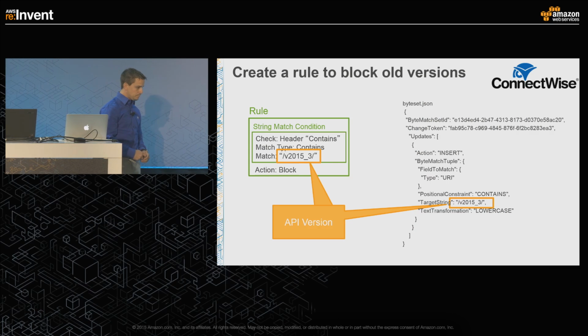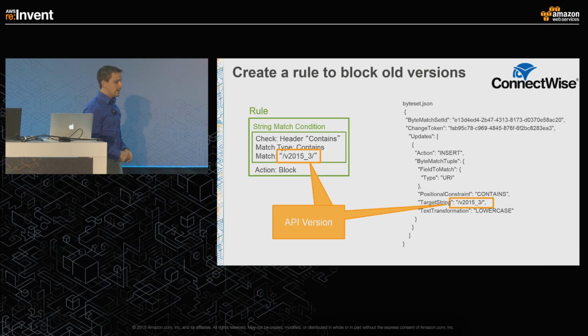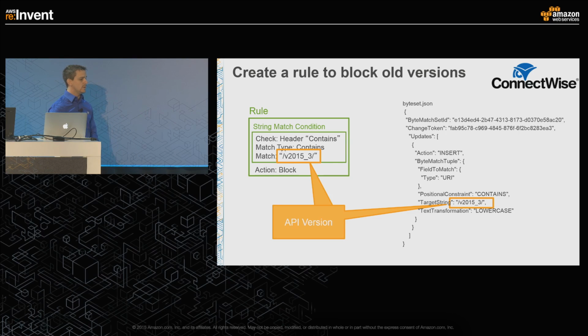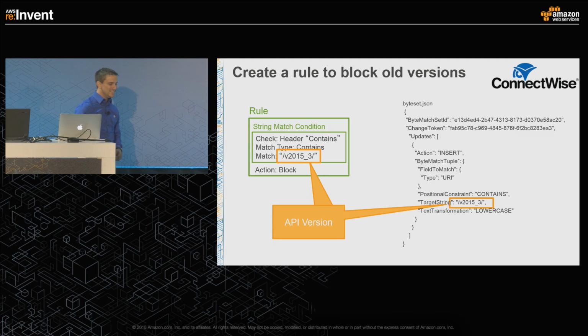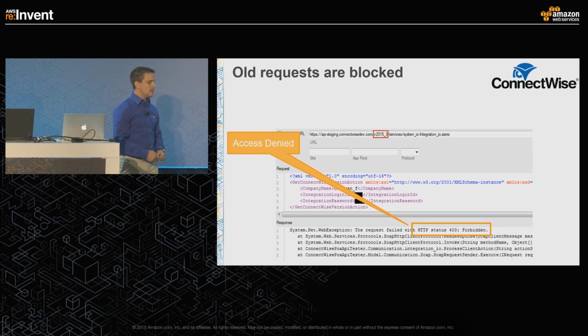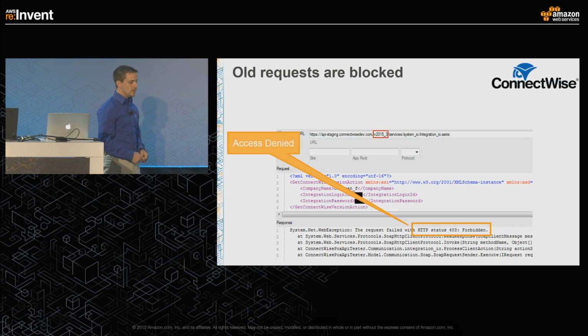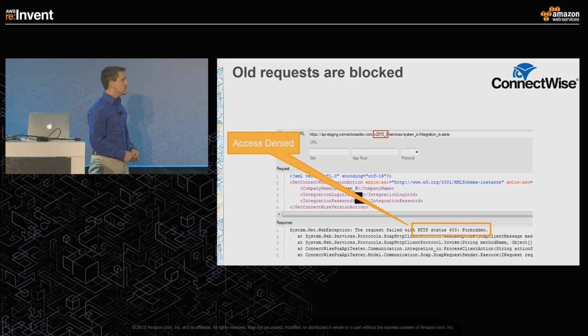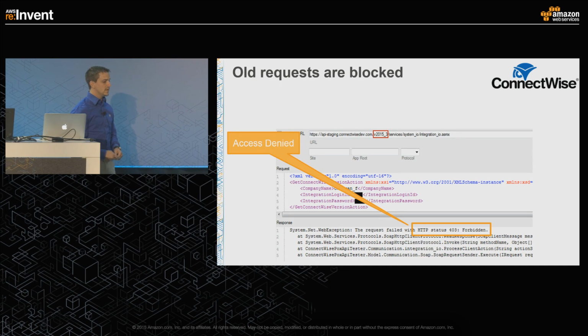2015_3. So what we did is we created a rule. We're looking for our match string context of the version 2015_3. And here you can see how we had to, as Nate has described, do it via the APIs. There was no console when we gave this a shot. Once we apply that rule, you can see right away, as soon as it hits our CloudFront distribution, we instantly get a 403 forbidden error looking at that exact context string of version